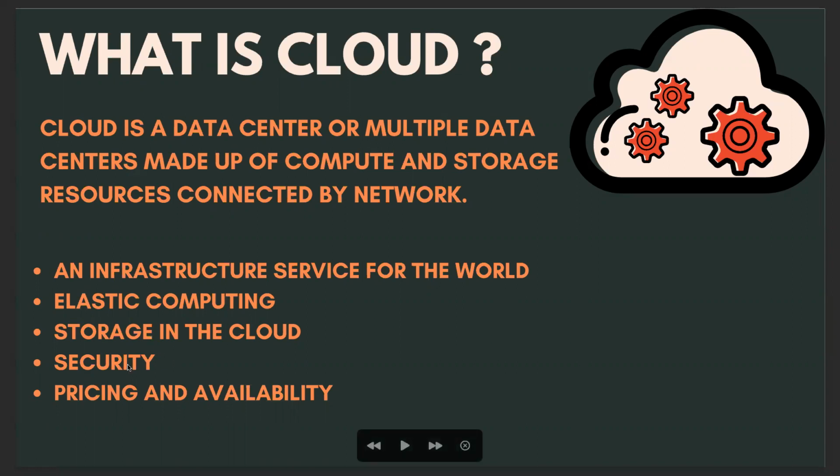Storage in the cloud, 6 levels of storage we are going to understand. Security, yes, 3 types of encryption we have. What are those encryptions? We'll understand a bit later. And for each component we have a calculator. How to operate the AWS calculator, I will guide you. We can call it a bomb sheet, billing of month. For each component we need to prepare a bomb sheet. Let's try to understand those parts.